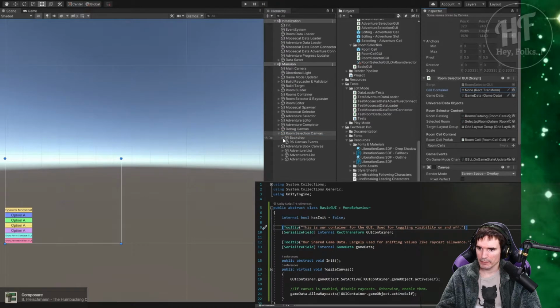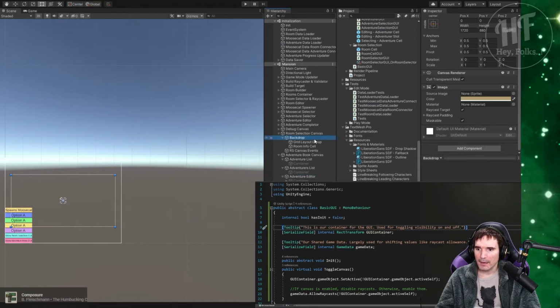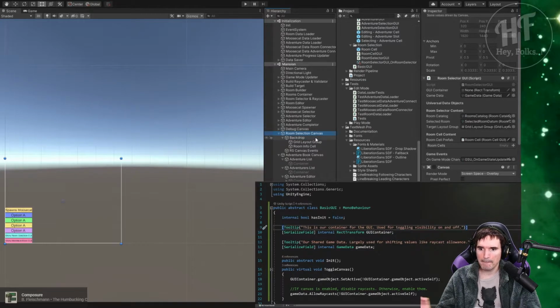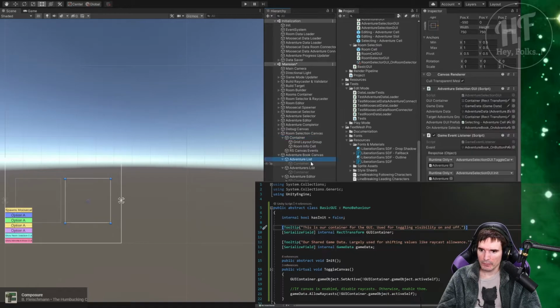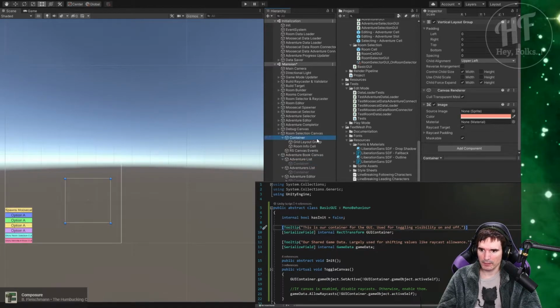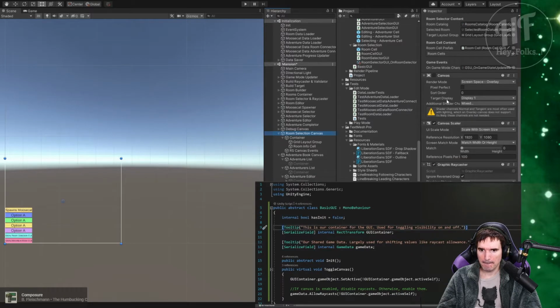Right, so the GUI container. Ah, it's all coming together. So in most cases, the container is empty, containing the group. In this case,